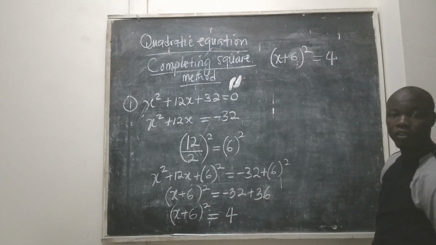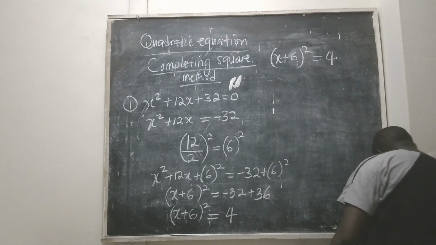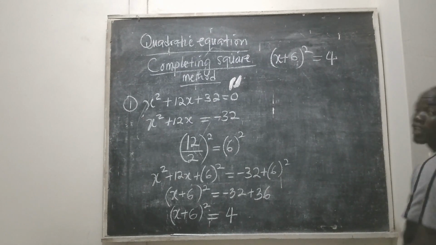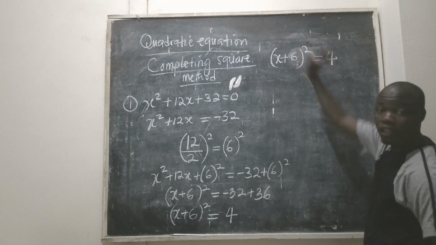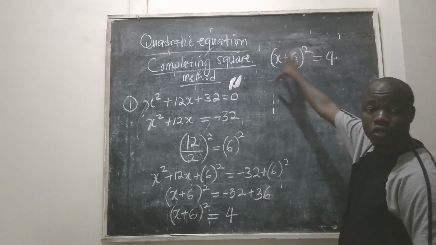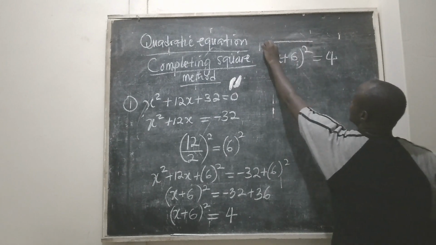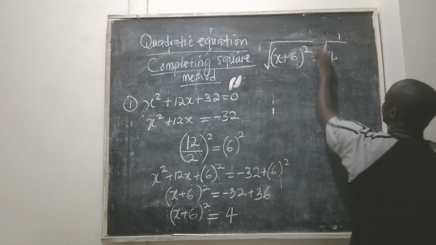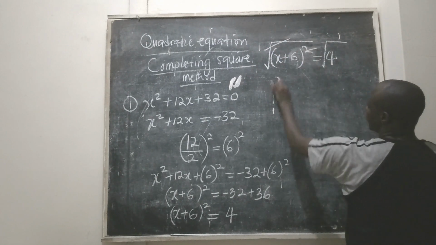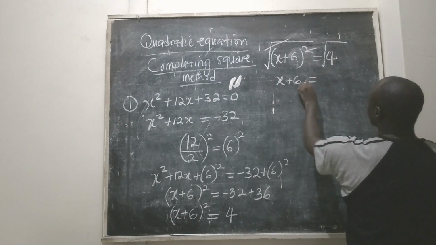So what we want to get from this equation is x. Therefore what we are going to do is simple. We are going to clear the square here. How are we going to clear the square? By introducing roots to both sides of the equation. So we introduce roots here, and we also introduce it here. So this one will now cancel this, and we are left with x plus 6 is equal to,